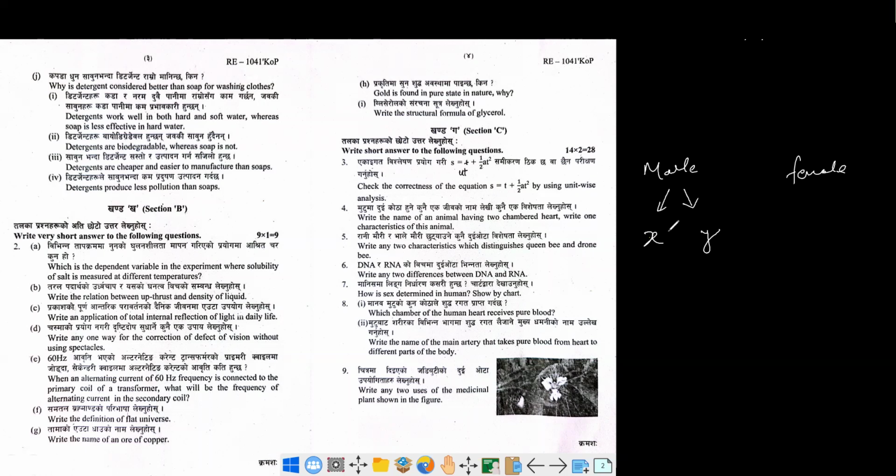So we can write the male gamete could be 22 plus X or 22 plus Y. In the case of the female gamete, it will be 22 plus X or 22 plus X. These are gametes. It is completely a matter of chance which one will meet the other. If these two meet, this is X and X, this is going to be a